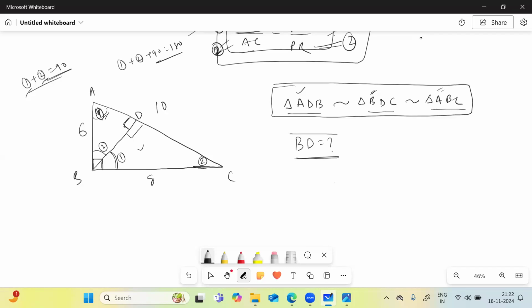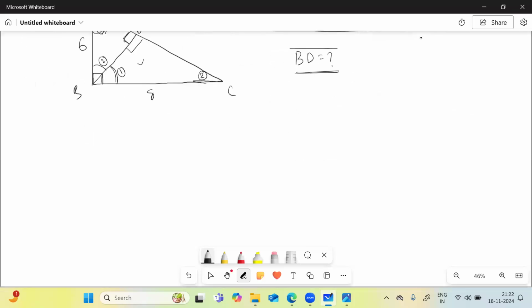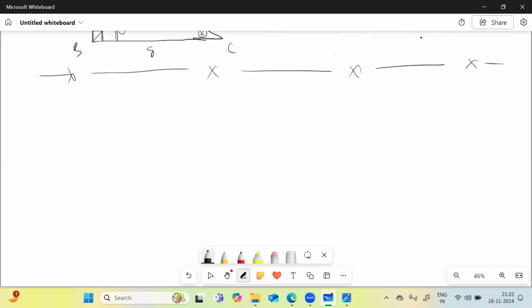So now you know, this is homework, you can do it later. Now you know how we check similarity, how we take the ratios of sides of two similar triangles, and we also got to know about the midpoint theorem and its variation. So now tell me one more thing.